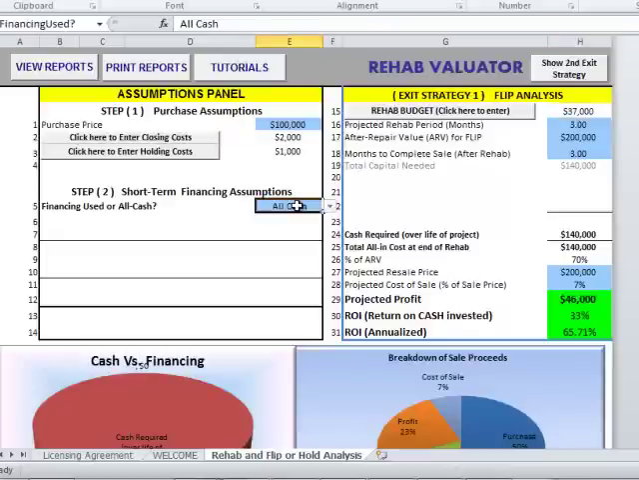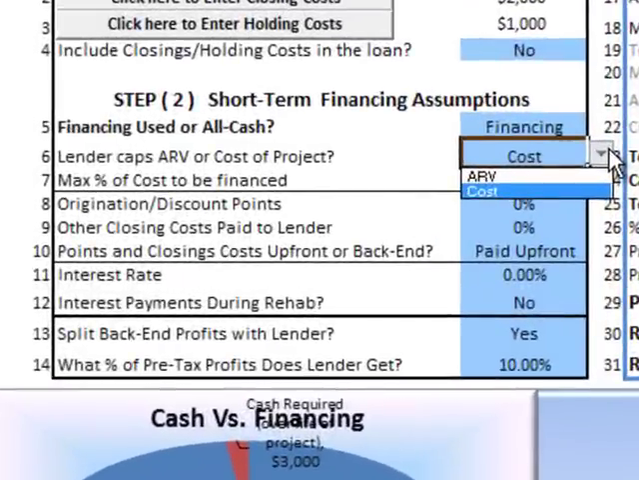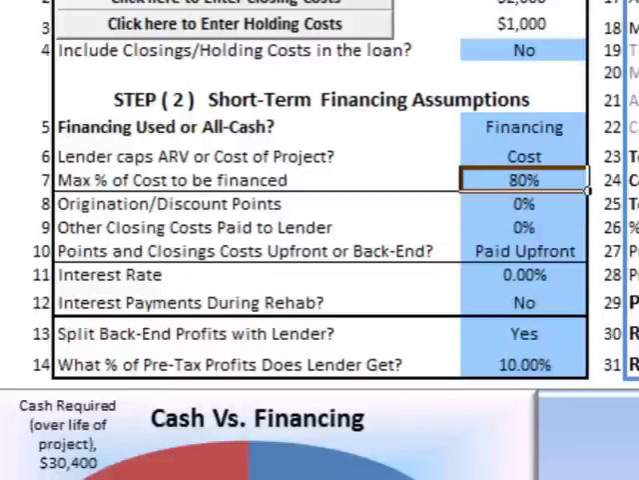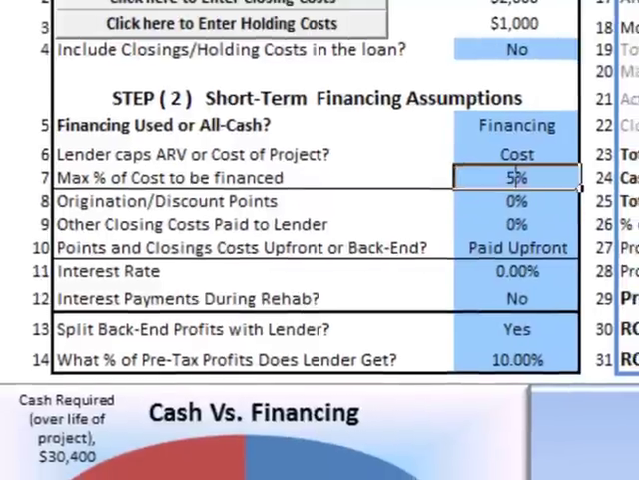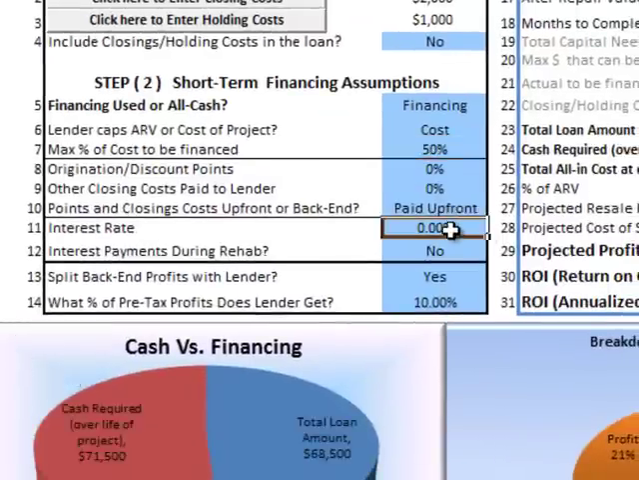And so you simply click inside this blue box and you switch from all cash for your short-term financing, and you select financing. And you're given two options here for how your lender finances your project, based either on a percentage of cost or a percentage of after repair value. So in this case, we're going to say your lender will fund a certain percentage of cost. And again, if it's a bank and you're getting a construction loan, this would be 80%, but let's say you're dealing with an ultra conservative private lender. You punch in 50% here, and let's say you're paying him an 8% interest rate,